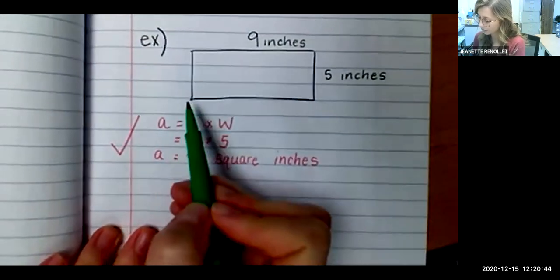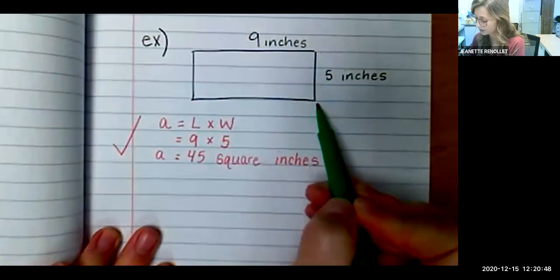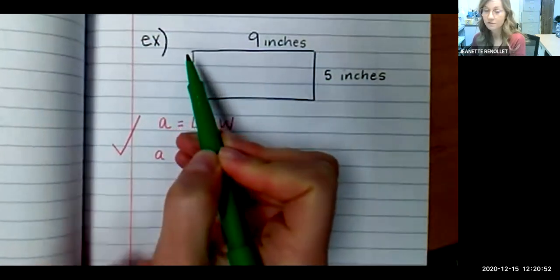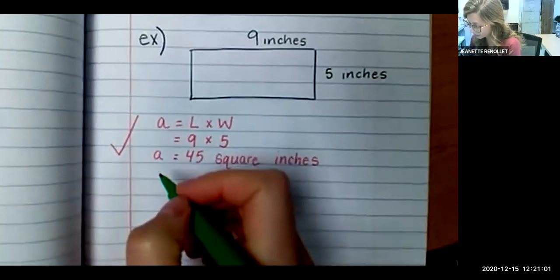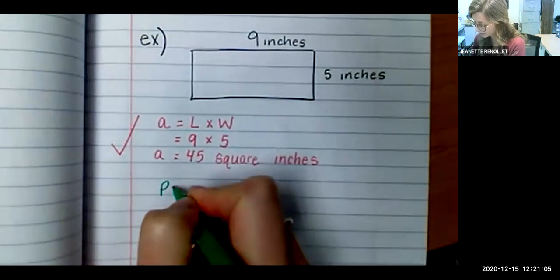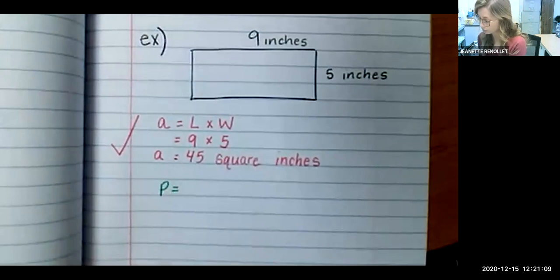So I'm going to look at my shape and I'm thinking about measuring around my picture frame. Perimeter can be found by adding all of the side lengths together. So perimeter can be found, P for perimeter. Perimeter is equal to